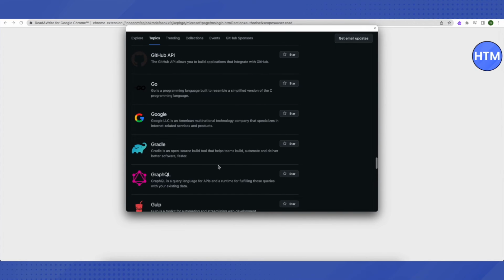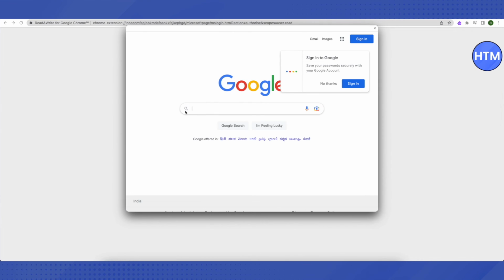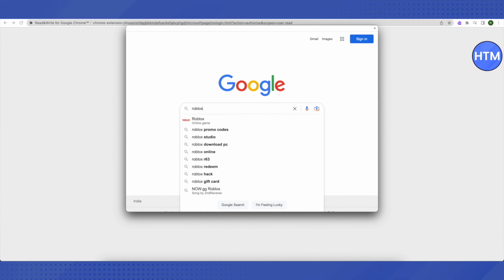Scroll down a little bit, not more, and you will find this option of Google. Just click on it. And all you have to do is just click on this website or the link of www.google.com on your right hand, and this is how it will open up. Just search for Roblox here